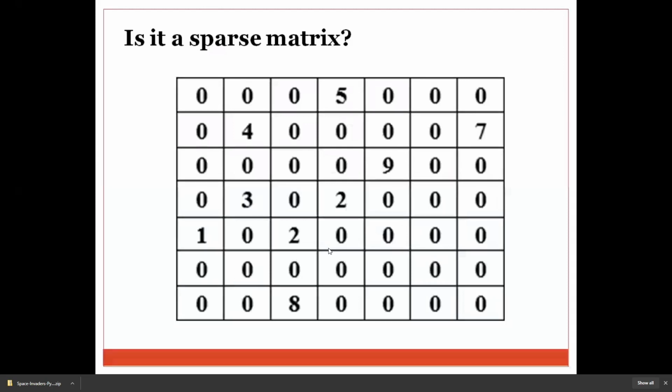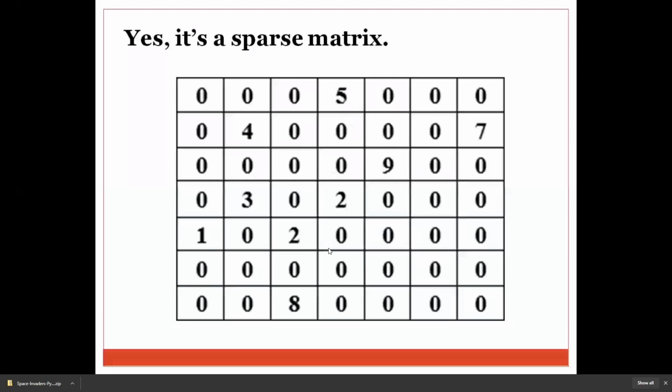In 3 by 3, total 9 elements were there. In 7 by 7, how many elements should be there? 49. Right. So from that only 8 elements are non-zero elements. So that's why yes, it is called a sparse matrix.